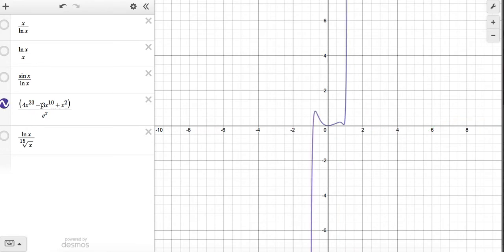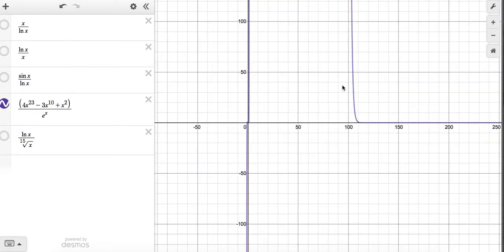So for this one here, the numerator is a very strong polynomial, so you can see that this function grows very quickly. But again, e to the x has the power of infinity behind it. So although the base here is going to be infinity, here the power is going to go towards infinity, and the power is more powerful, has more of an effect. So as I zoom out,